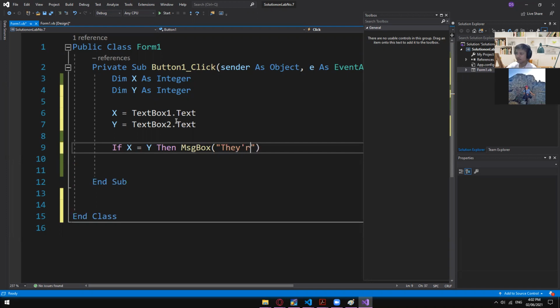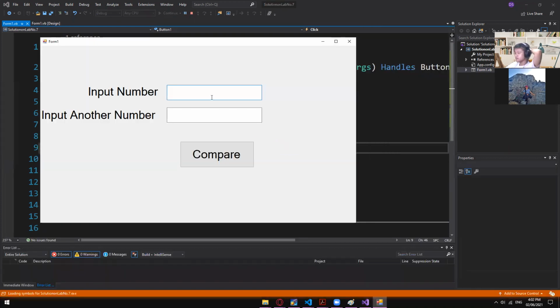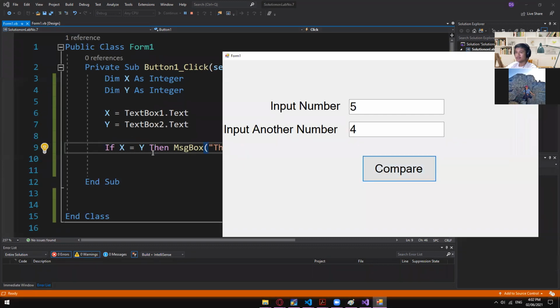But in my case, I'll change that one into they are equal, just to have some changes in the code. All right, so let's test this one if this one will work. So 5 and then 5, if you compare them, of course they are equal. However, if I change this one into 4, of course we will get nothing, because this one now is false,